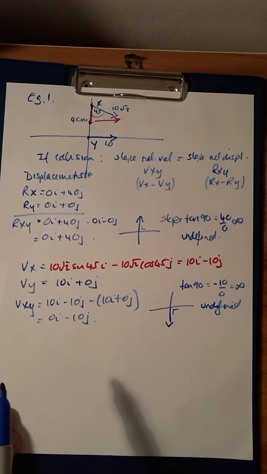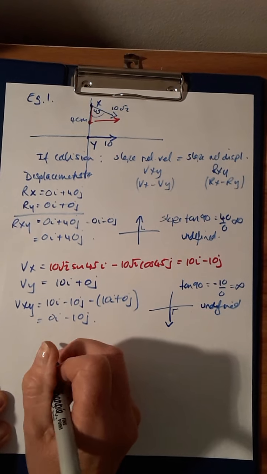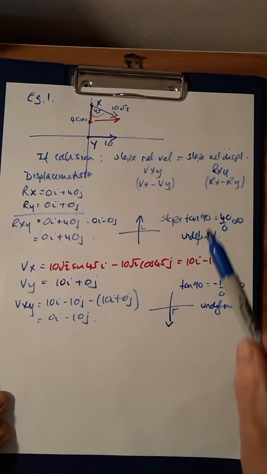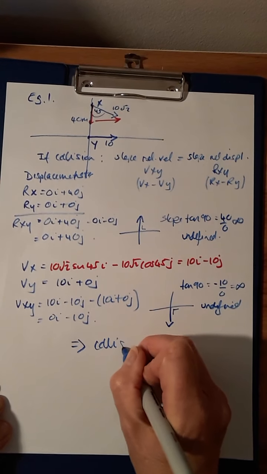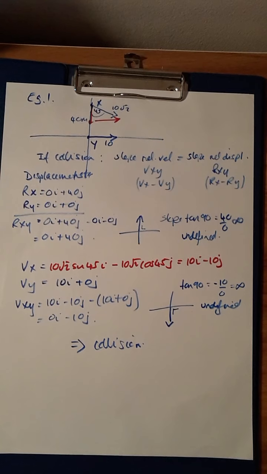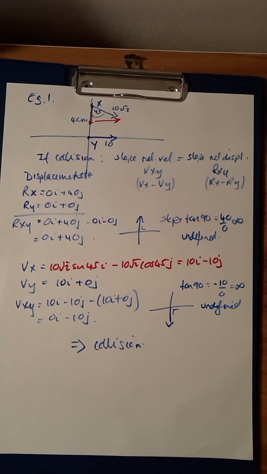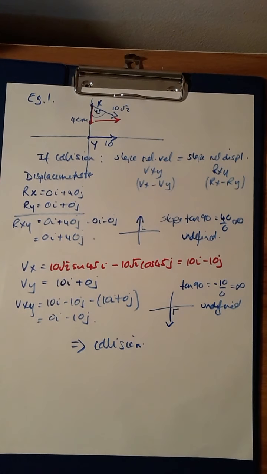Okay, so we can see that those two slopes are equal. So the slope of the relative velocity is undefined and the slope of the relative displacement is undefined. Therefore, there will be a collision. And the second thing I had to do was find the time to the collision. Find when it happens. Now, from your sheet, you'll know that the time to a collision